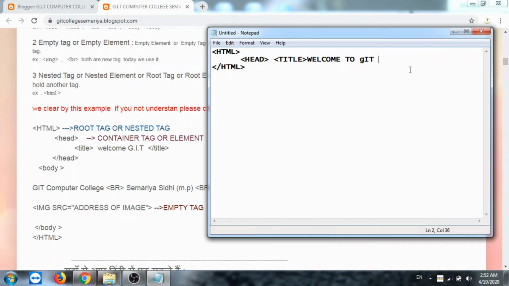Open title tag and close title tag. First you open the title tag and then close it. Our head tag is not closed, so first we close our head tag.